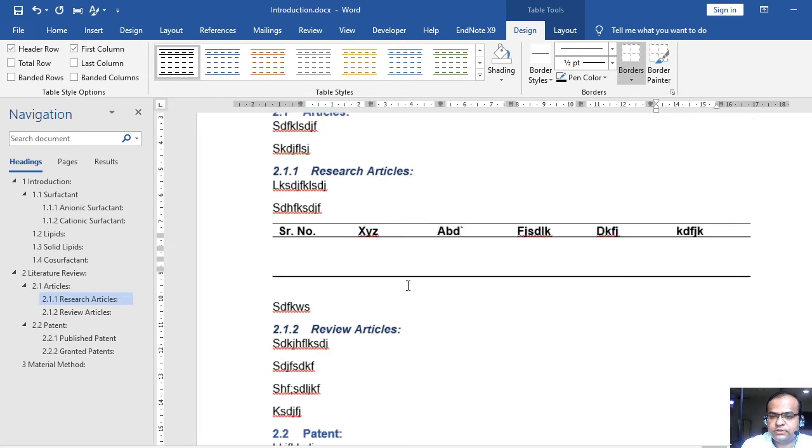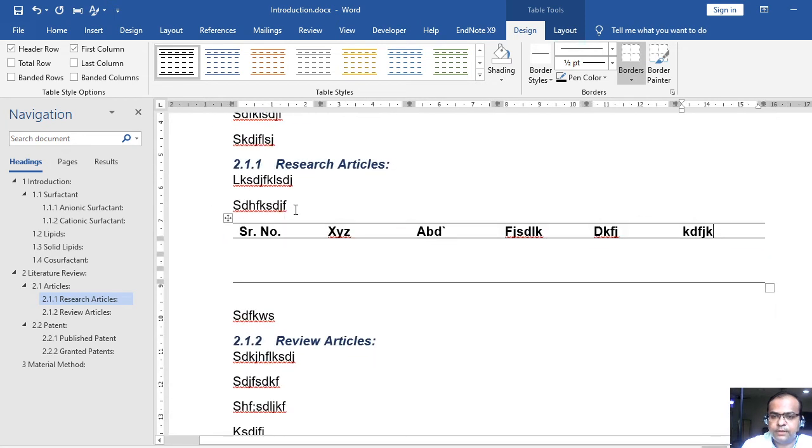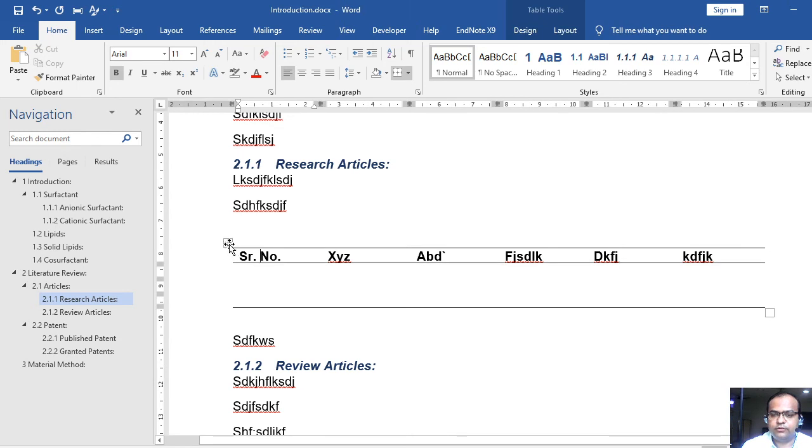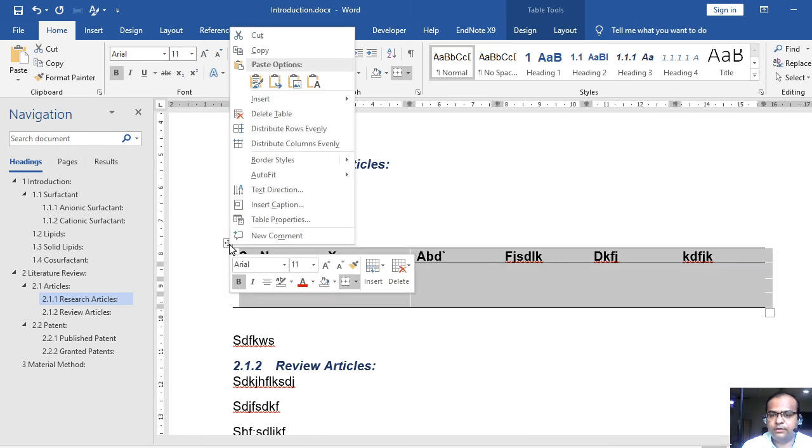Now obviously I need to provide some caption to my table. So what people actually do here is they just write Table 1 and then they write, say, research article details, right? So don't do this practice. I will show you a better way. Just select your table, make a right click, and you may find one option called Insert Caption.